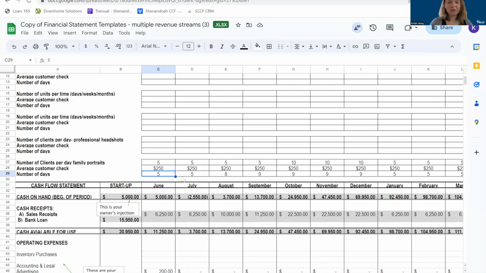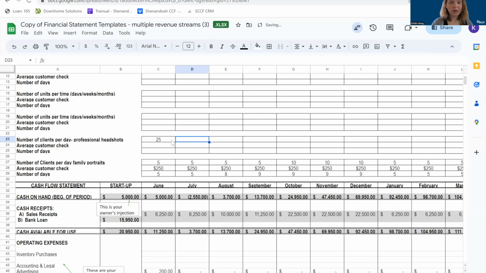So you do want to look at seasonality, which is already in here. There's a number of days. There's only 8 in August, and there, it increases to 9 September through December, it goes back down. And that can look different, services at different times, you're selling more. So we're going to input here